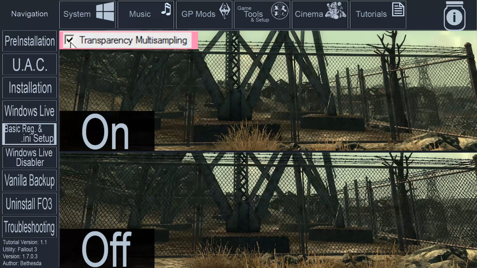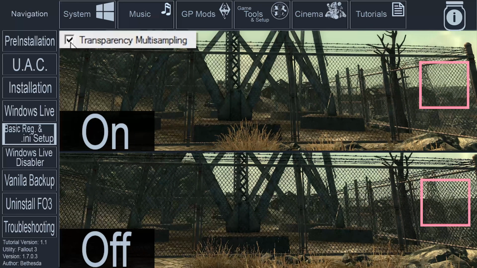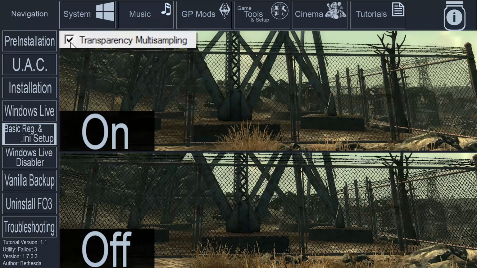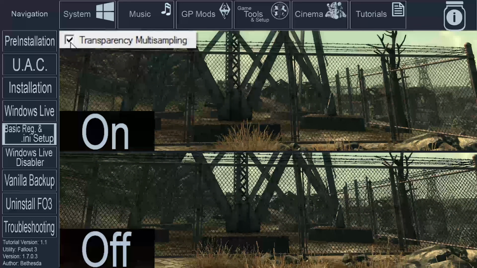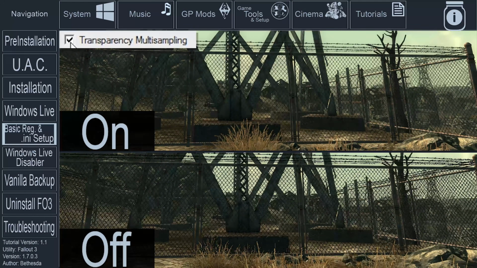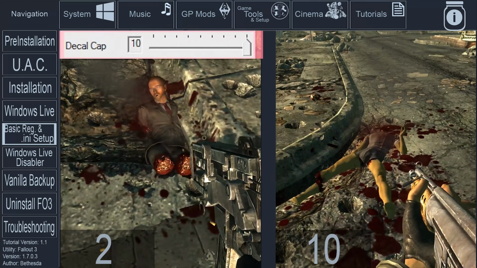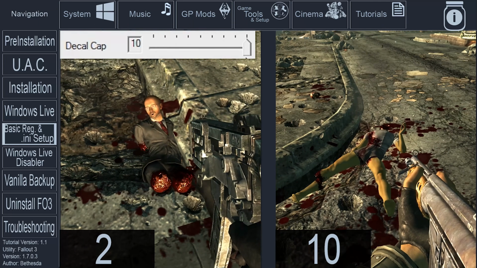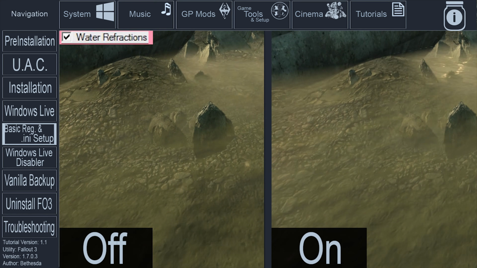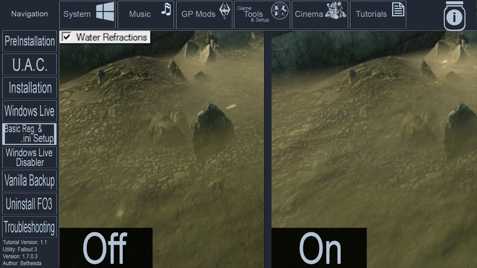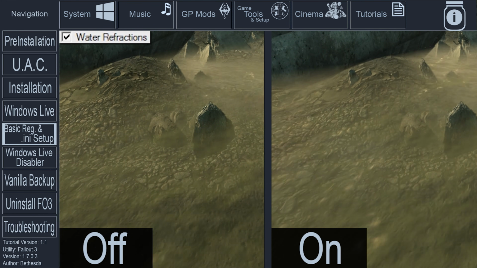Transparency multisampling is a form of anti-aliasing which is applied only to transparent textures such as foliage or chain link fences. This works well alongside other anti-aliasing methods. Only deactivate the checkbox if using an EMB graphical preset which tells you to do so. Decal Cap appears to only affect blood decals. Set to 10. Water. Water Refractions simulates the bending of light on water surfaces and gives objects viewed beneath the